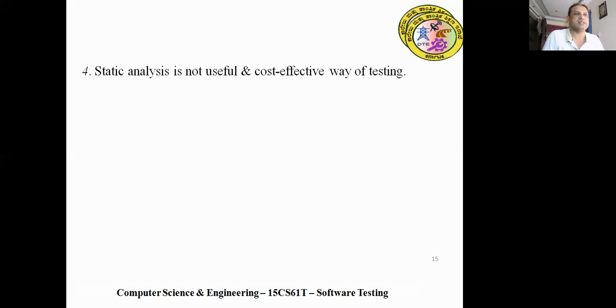Static analysis tool is not a useful and cost-effective way of testing. Is it true or false?